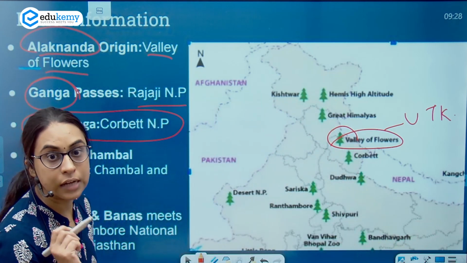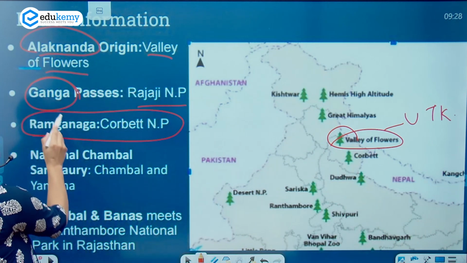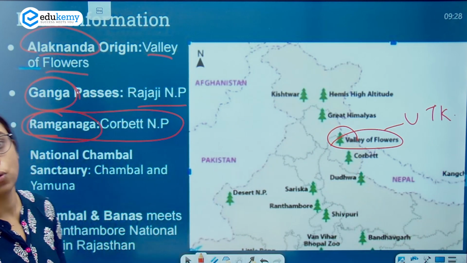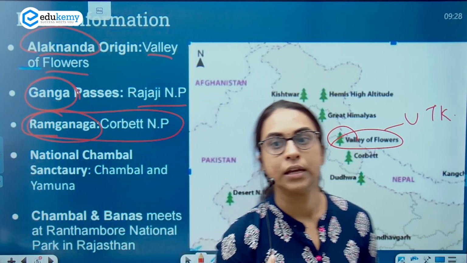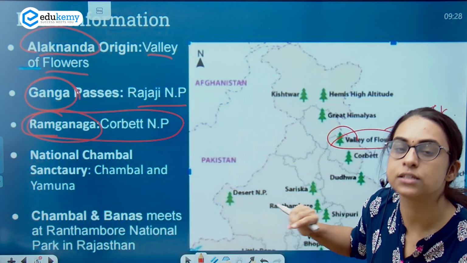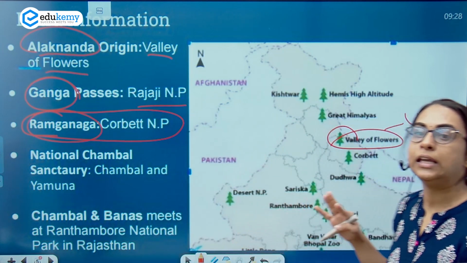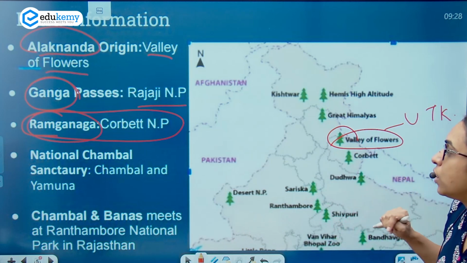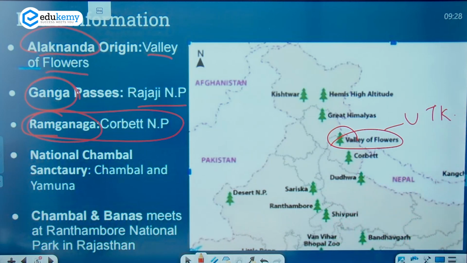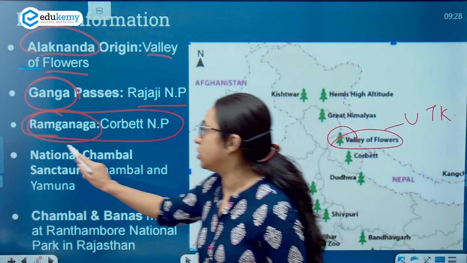It is not Ganga that passes through Corbett. It is Ram Ganga that passes through Jim Corbett. So this is about the Ganga river system. If I talk about the Yamuna river system, here there is one important sanctuary, which is the